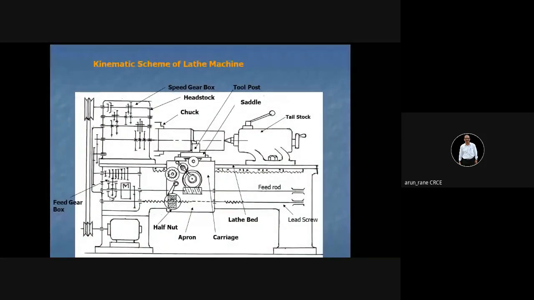So again, in the feed gearbox, there are different gears. See, these are the different gears, and this is the shaft. All right, this is the shaft. Fine. So now, how does the feed gearbox receive the drive? Because of this motor, this rotates, then the headstock rotates, and look here now. See here.